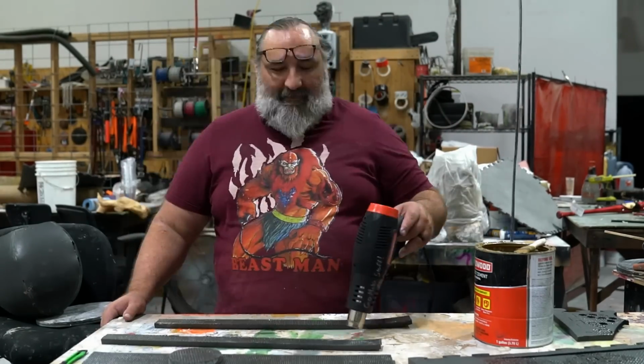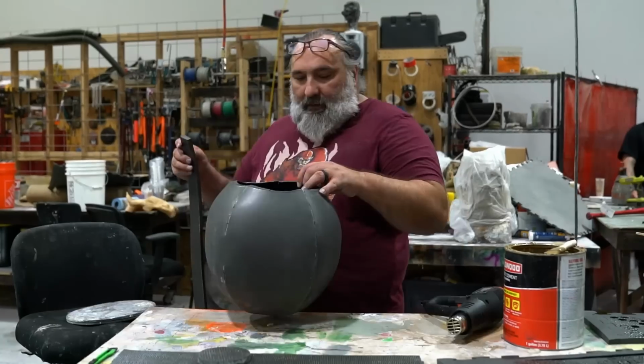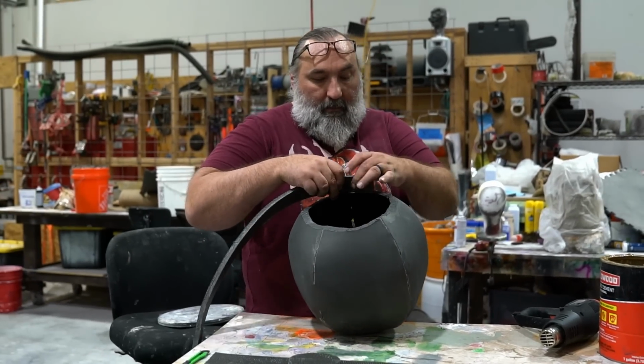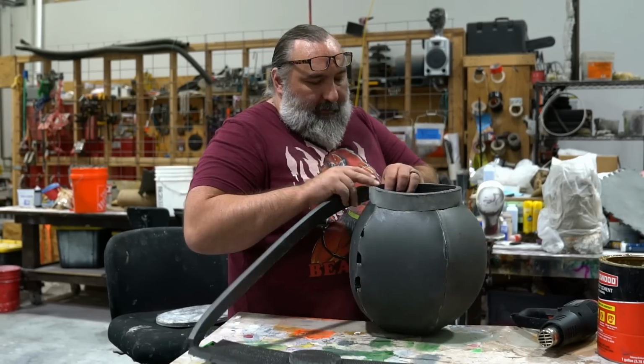And here I'm getting that. I'm cutting that flat, because if you just cut it at an angle, it's not going to be flat. And I know I want it to connect up to a shoulder piece eventually. And now I want to connect this to the bottom of that, where that flat is I just cut. So on that strip, I made sure I did all the edges with